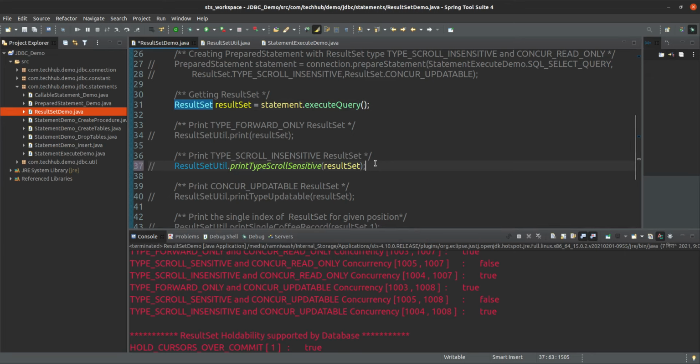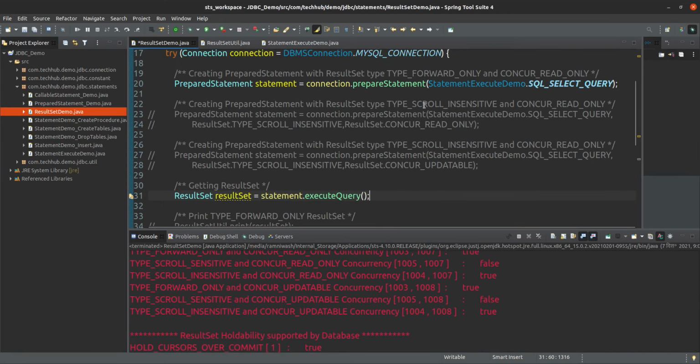So how can you change this to type scrollable or something like that? You can do it very easily while creating this prepared statement. While creating this statement, we have to tell it here only.